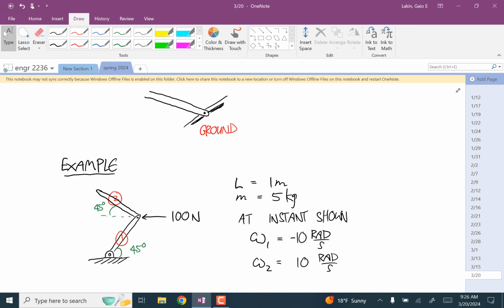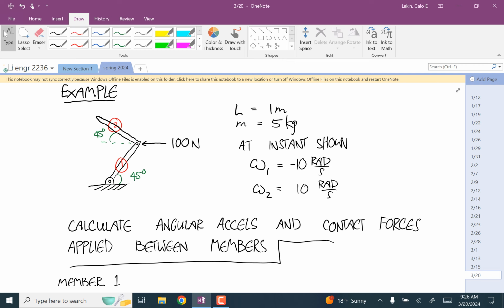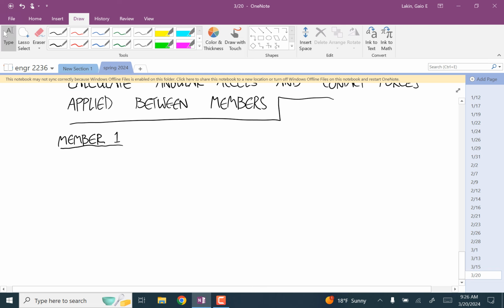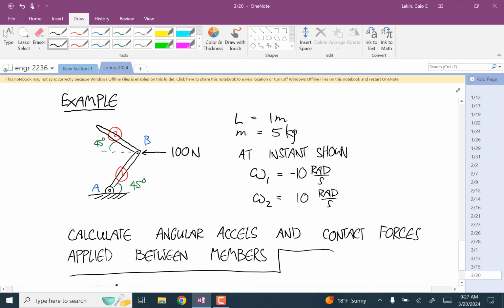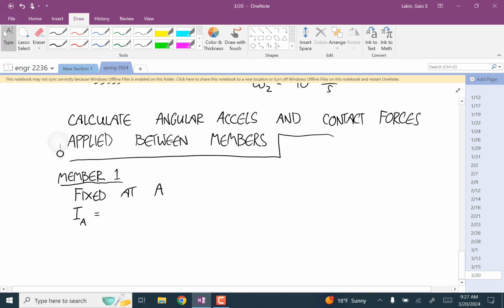Member 1, does it have a fixed point? Yes, and let's label those points too. So this is A, B, I guess that's all we need. So that's fixed at A. And so step 2, we're going to calculate the mass moment of inertia for the body about that point A. I didn't give widths for these. That means we're assuming these are slender rods. So